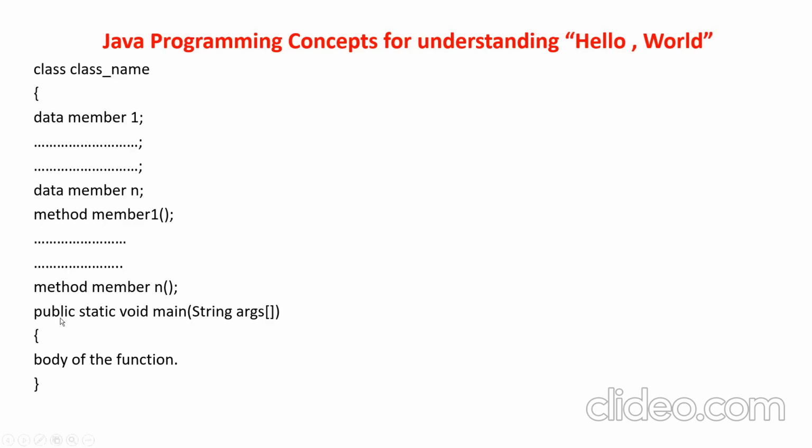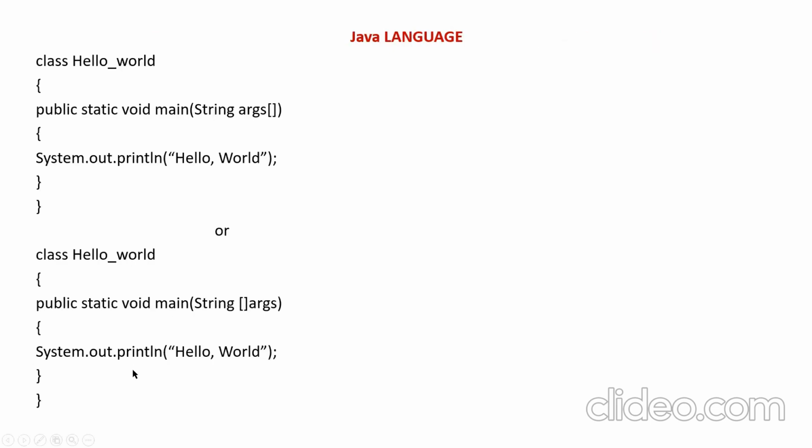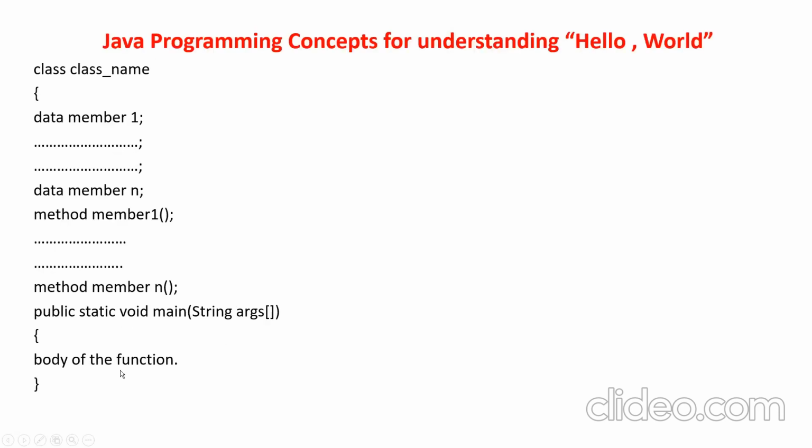So over here, public static void main. We will see what is the overall structure of your Java program. This is the overall structure of your hello world program. I already said only these things alone can be changed. The remaining things remain the same.